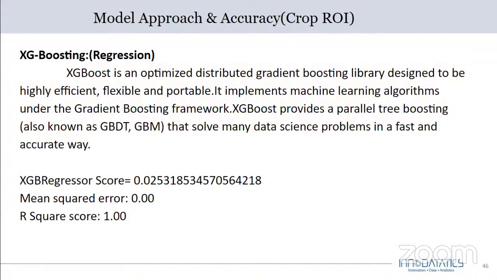Coming to the metrics, mean squared error, MSE. It is basically the calculation of the difference between the estimated value and the actual value. And the XGB regressor score, that is the RMSE value, root mean squared error. RMSE calculates the average squared errors across all samples, but in addition takes the square root of the result, effectively taking the square root of mean squared error. Then the R2 score, or coefficient of determination. R squared represents the proportion of variance of the dependent variable y that is explained with the help of the independent variable x.